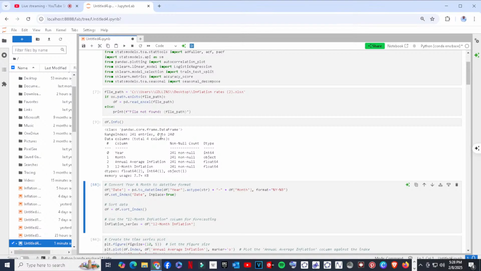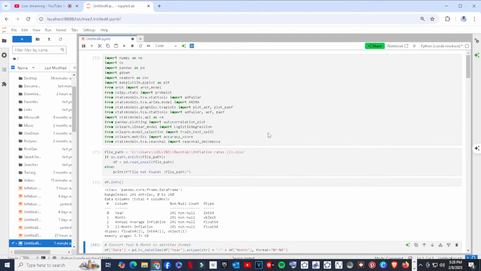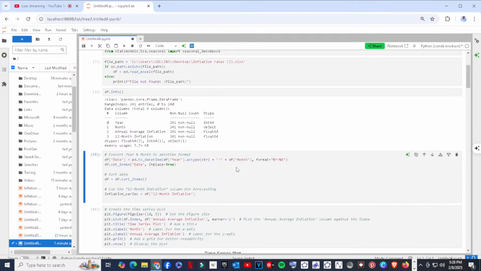That is, the first entry corresponds to serial 0, up to the last entry, 240. Now the columns we have: year, month, annual average inflation and 12-month inflation. For our purpose of forecasting, we'll be interested in 12-month inflation, because this is what is likely to give us a more reliable